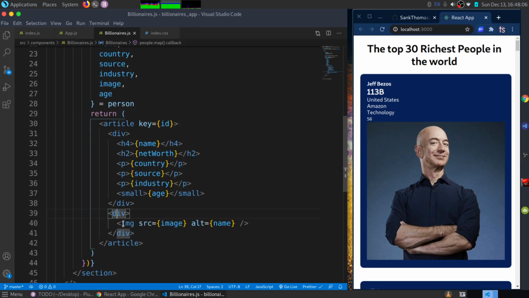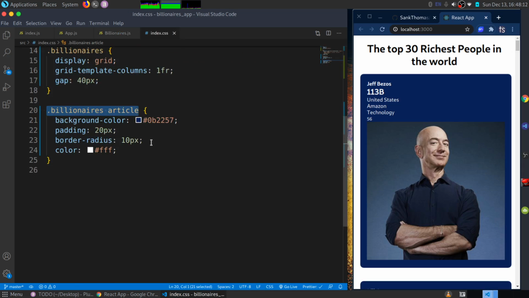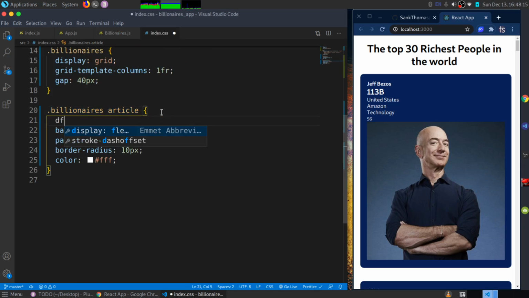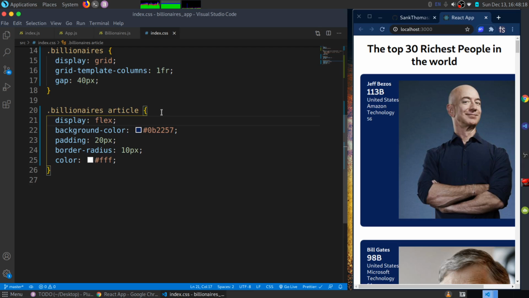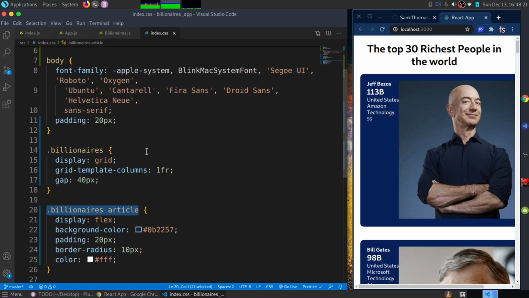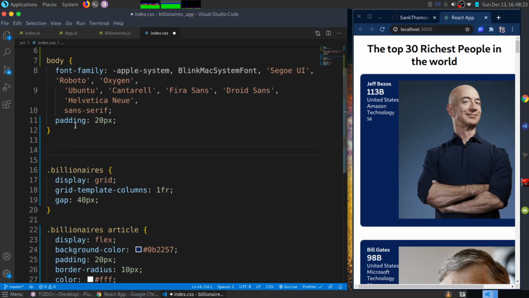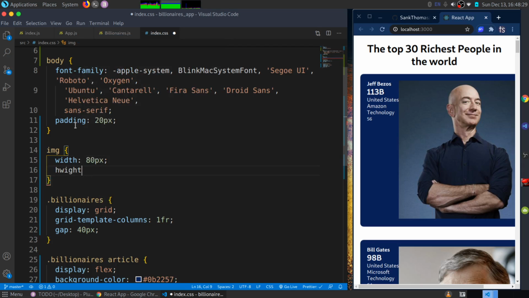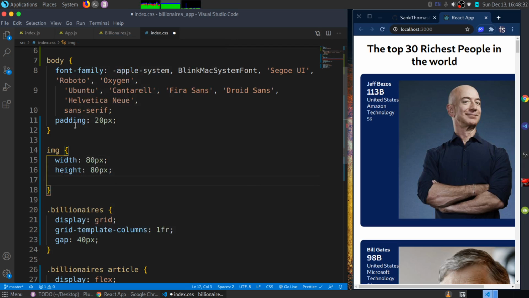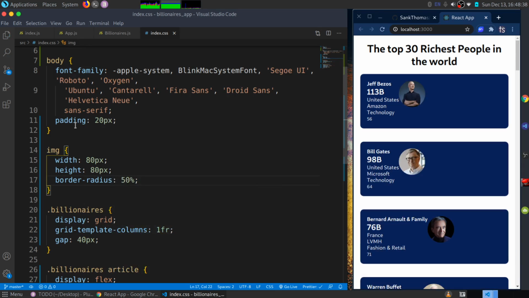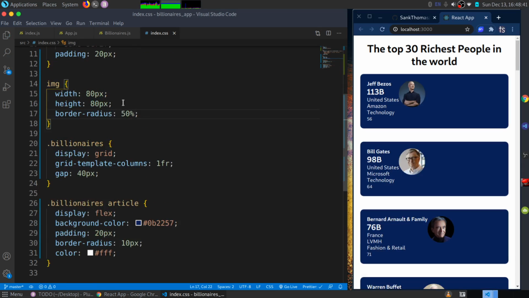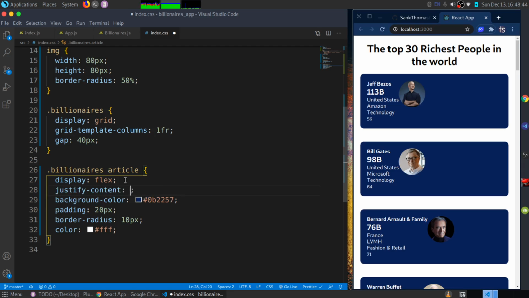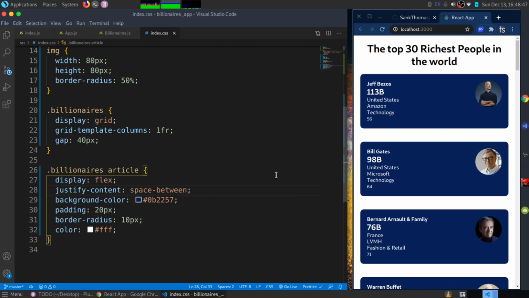Okay, now what I want to do is inside the article I want to display flex, so that these two divs can display flex and the image can be placed on the right side. So I'm going to go inside my article. Oh, actually this is okay, so I can just say display flex here, and I'm going to say I want to target my image. Actually, let me do that for every image so that I don't have to keep restarting it. So for every image, I want the width to be 80 pixels and the height to be 80 pixels as well, and a border radius of 50%, like that. And I'm going to say justify content to space between. It goes to the end. Okay,